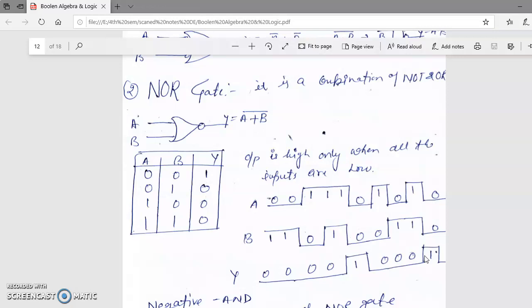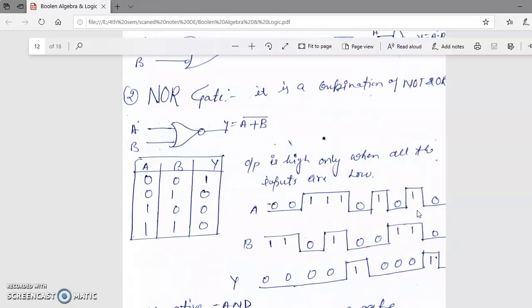So in this video we are basically familiar with the universal gates, which help us design any combinational circuit or digital electronic circuit. Using basic gates we can design it. So it is called universal, because it is useful everywhere. The universal gates are the NAND and NOR gates. Okay students, first of all we read about the AND gate, then OR gate, then NOT gate, and from the combination of AND or OR with NOT we became familiar with NAND and NOR gate. Okay, the basic universal gates are completed.